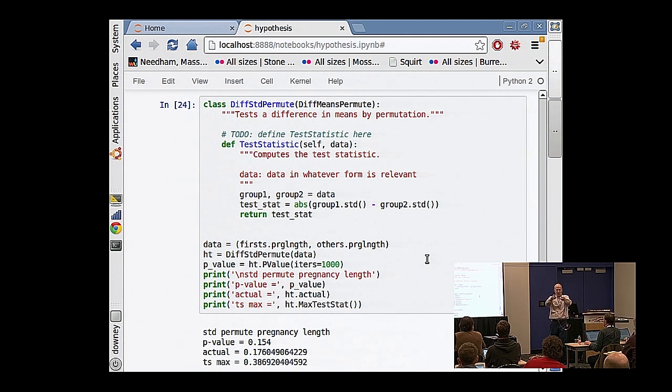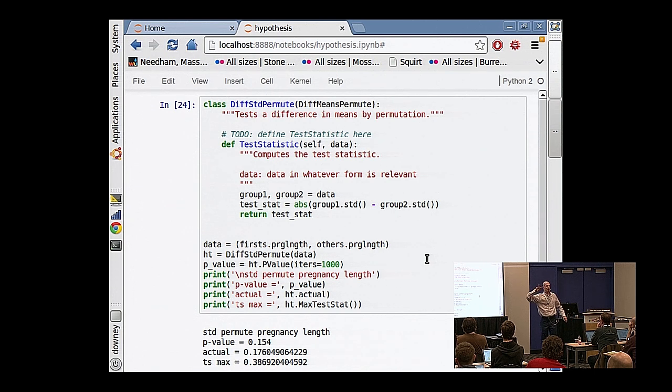But now I think I understand the question I was getting, and I think I misunderstood. So let me come back and try again. If you plug in a different test statistic, you could very well get wildly different p-values. I was just thinking of the wrong thing earlier. This is really just asking two different questions, and the fact that you get two different answers is fine. You're saying, look, there might be no difference in the means between two groups, but there may well be a difference in the standard deviation. One of those could be true, the other could be false, or vice versa. And yeah, you'd get different p-values because you're asking a different question. So sorry for my misunderstanding. I hope it wasn't too confusing.